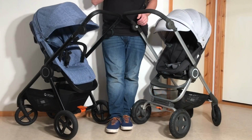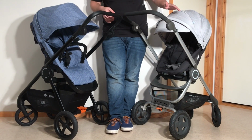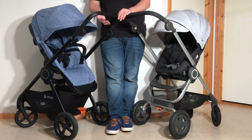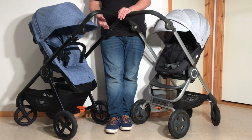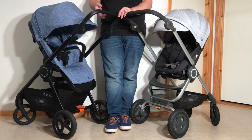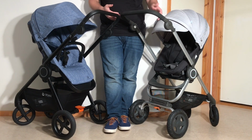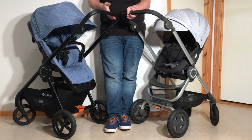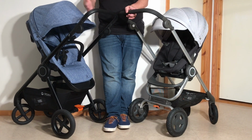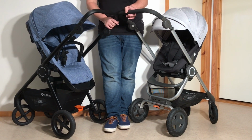So in any case, that was our comparison between the older Stokke Scoot and the new Stokke Beat that has come to replace it. As you can see, some things have been improved, but in a lot of ways, some things have been made worse, in my opinion, when we're talking about mechanics, with the shift from the Scoot to the Beat. I understand that it's a bit slimmer. It probably is a little bit more in line with the industry overall in relation to style,